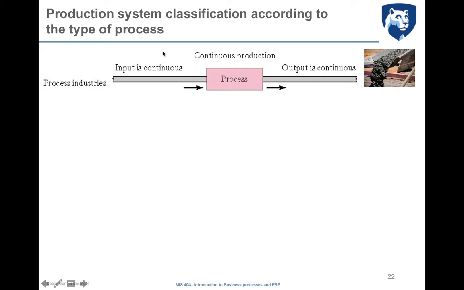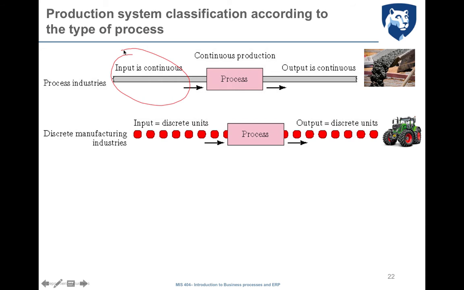In the case of paper, different types of raw materials are continuously input into a paper plant in order to produce continuous output, so different types of paper on a continuous basis. Then we distinguish the process industries from the discrete manufacturing industries. Discrete manufacturing industries can be, in this case,